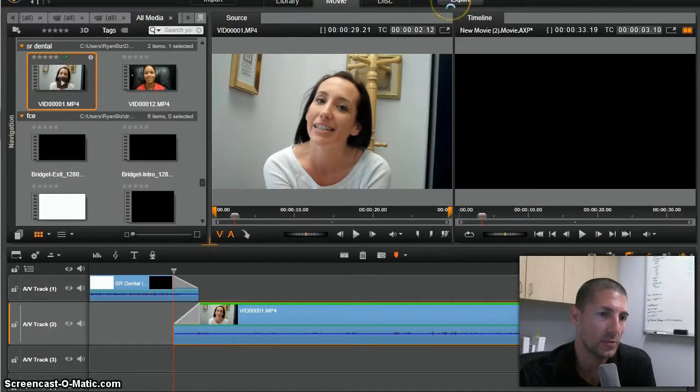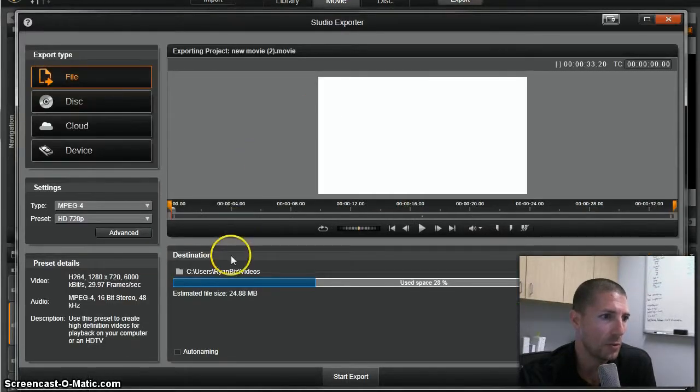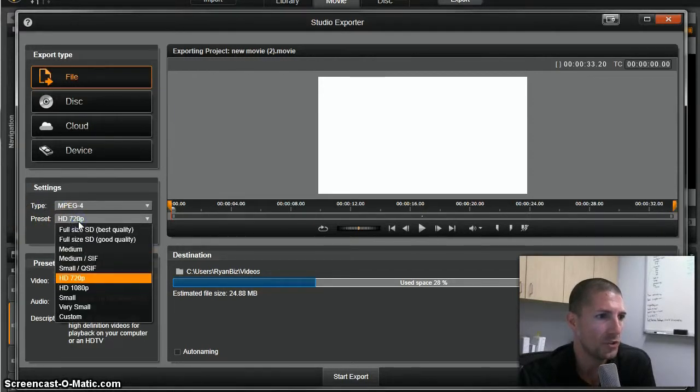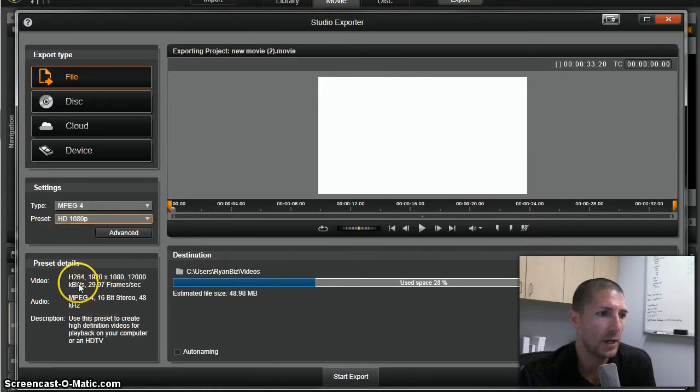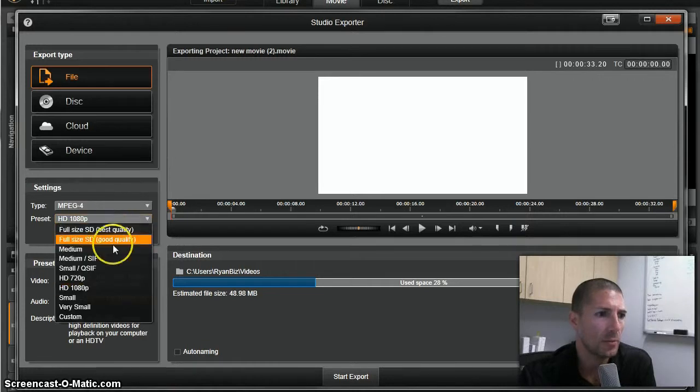So let me click the export button. The other thing I want to do is when I'm exporting the file, I also want to make sure that I'm exporting at 1280 by 720 since that's the original file type. So in this case, I have a preset here for 720. However, if the camera being used to actually record that testimonial was at 1080p, that would be 1920 by 1080. I would want to make sure that I'm exporting to 1920 by 1080 also, especially if you're uploading to YouTube,